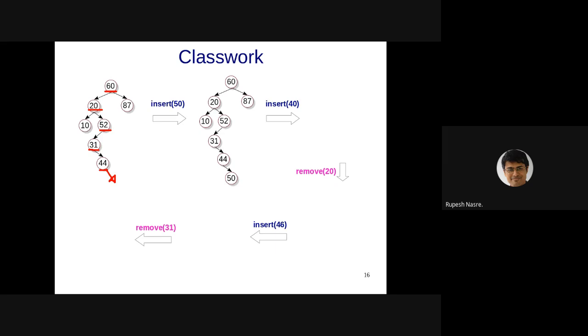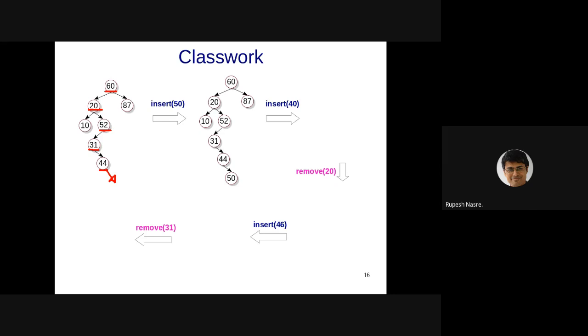There seems to be something missing. 31 seems to be missing. 20 seems to be missing. Oh, is it that you have completed removal of 31 also? Oh, I see. Is this the final tree that you are suggesting? Interesting.